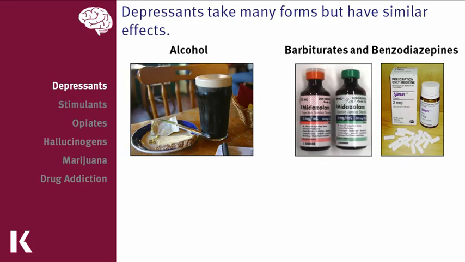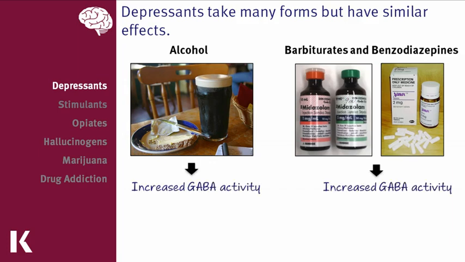Let's move on to an overview of common drugs in this class. Alcohol and anti-anxiety medications like barbiturates and benzodiazepines are some of the most commonly abused depressants. As stated on the previous slide, both of these drugs increase GABA activity, resulting in their desired effects. I assume most of you know that alcohol reduces inhibitions and has a mild euphoric effect, resulting in decisions like belting out "Girls Just Want to Have Fun" at your local karaoke night. Other effects include decreased logical reasoning and impaired motor skills.